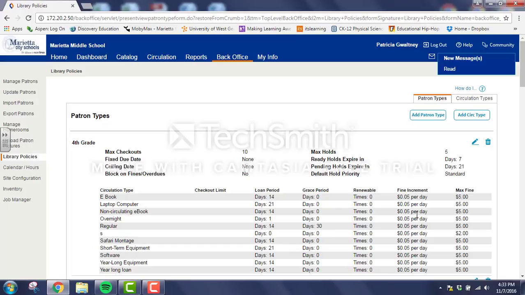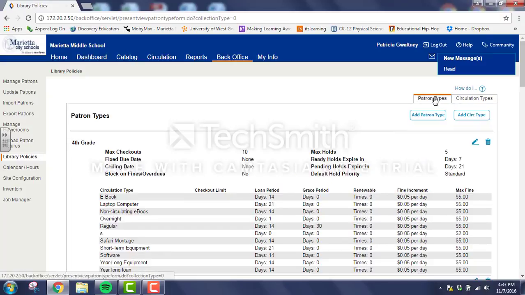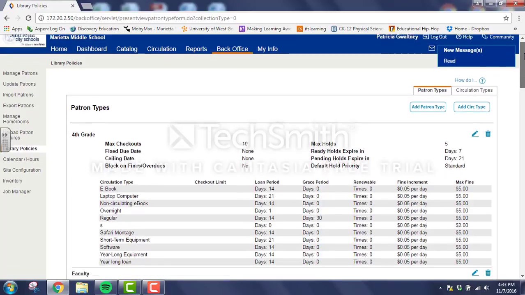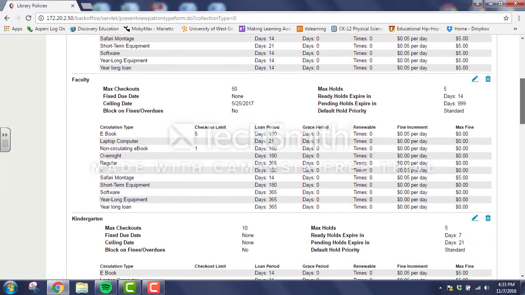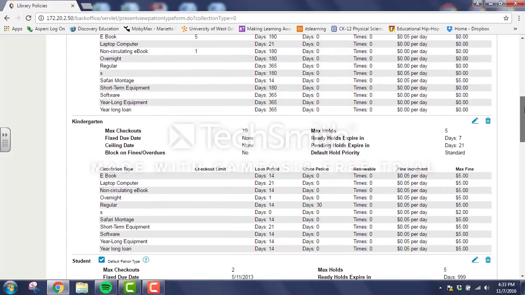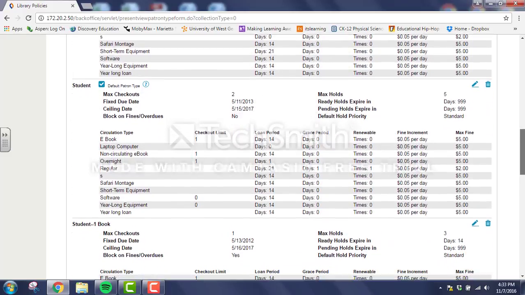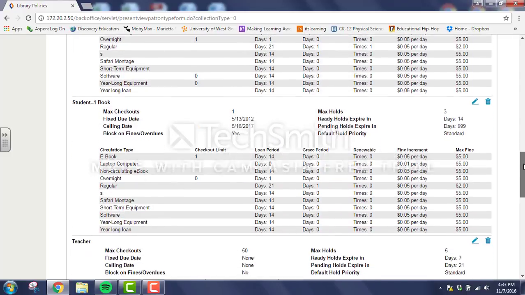This page also will give you the ability to do the different types of circulations, which you will see in a different tutorial, but a few suggested patron types that I would like to mention is that you would want a faculty patron type. Kindergarten, she did this so that she would be able to do weeding. Student, which is a very popular one, obviously,